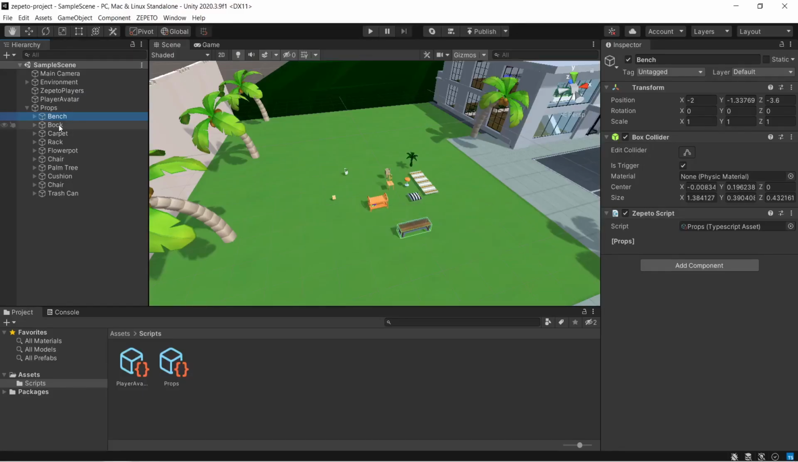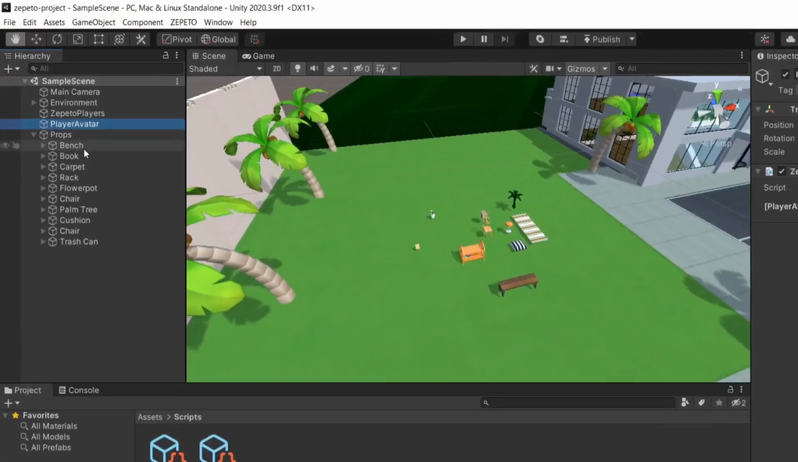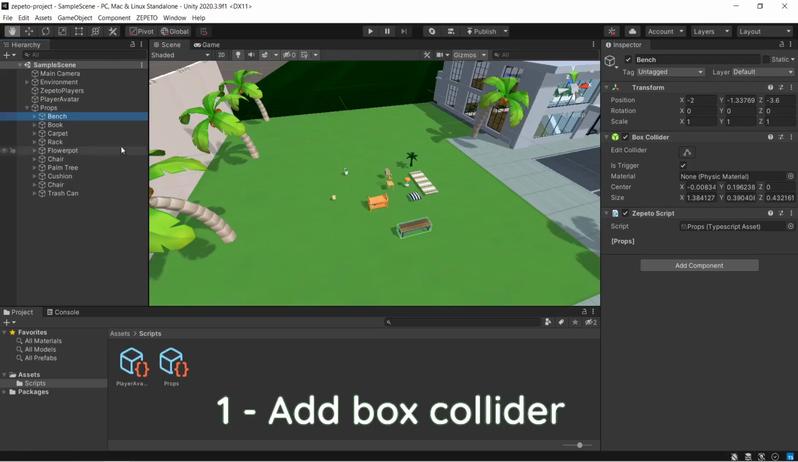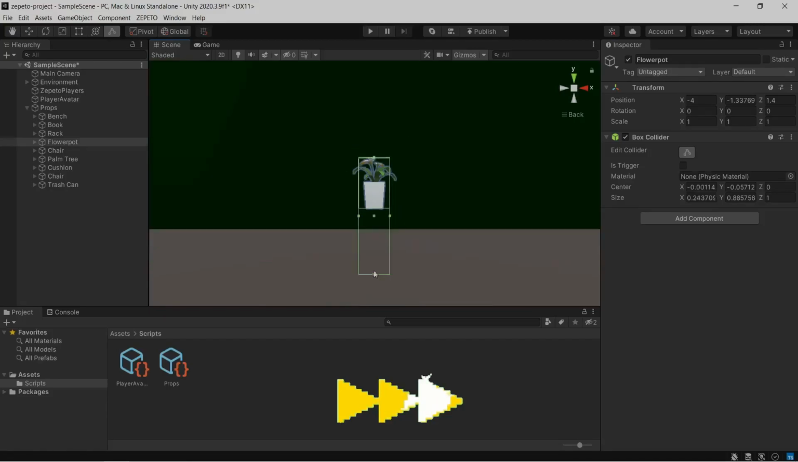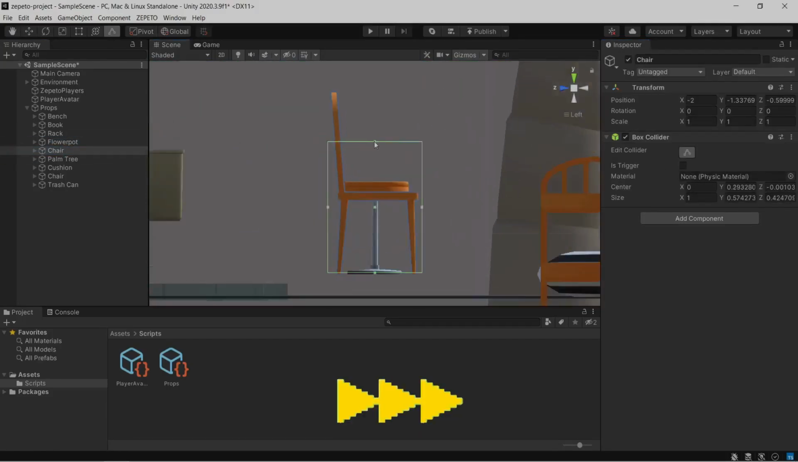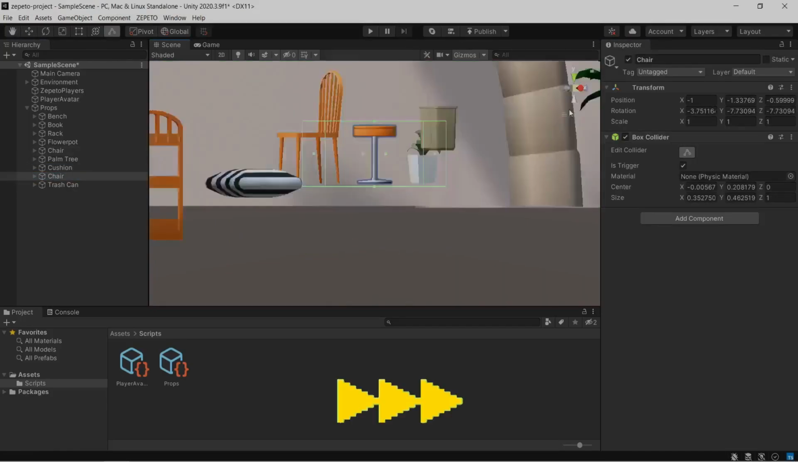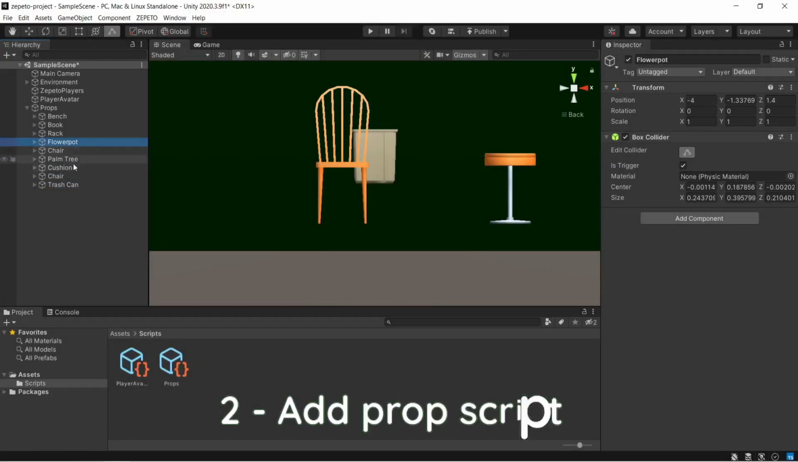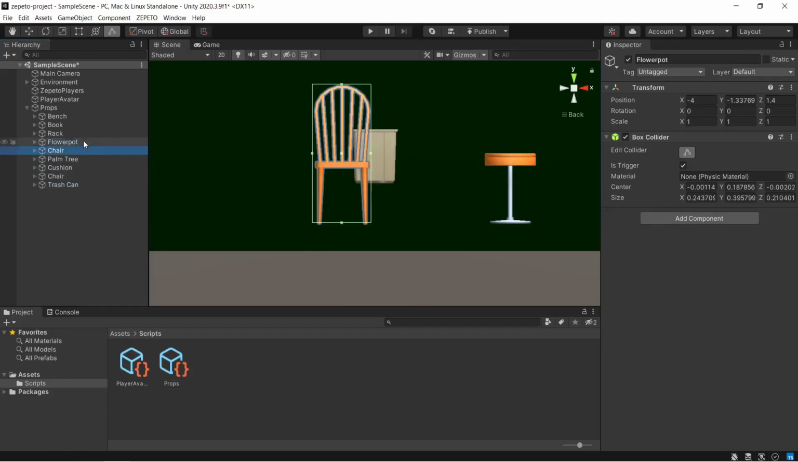In a previous episode, we had only converted a bench into a prop. So let's work on all the remaining objects. The first thing is to add a box collider to every object. Second is to add a prop script to our objects and make all those colliders triggers by checking the